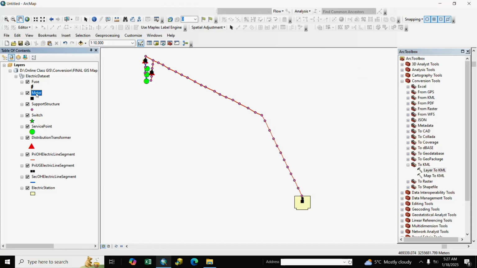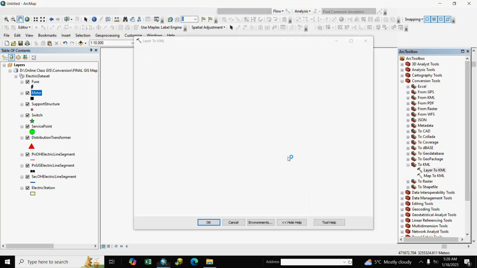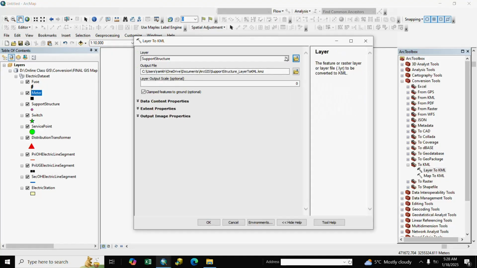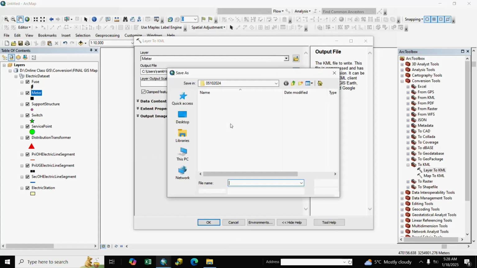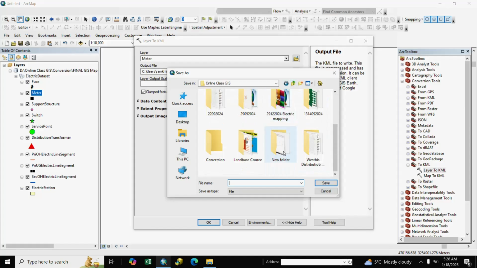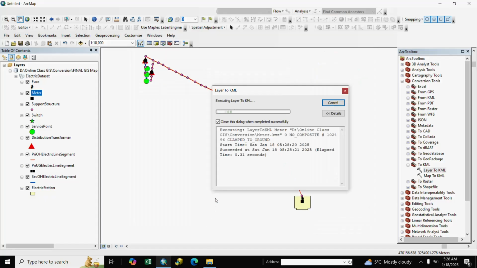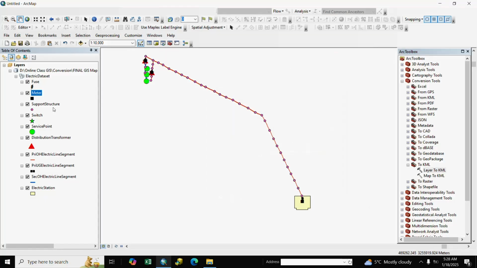And next meter, we go to layer and select meter and give a path. Meter, and support structure.